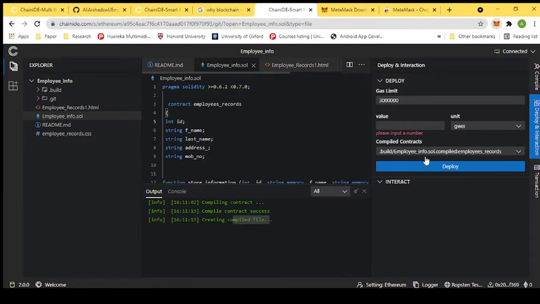I have some dummy ethers in my Rinkeby test network, so I will choose the Rinkeby test network. Here I have 10.49 ethers. If you don't have ethers, you can get them from the Rinkeby test network by clicking here. Simply click here and get ethers,